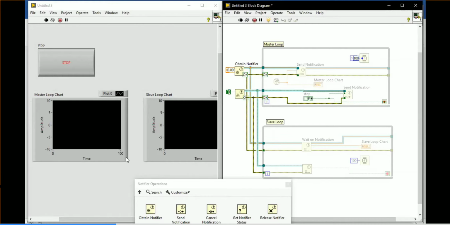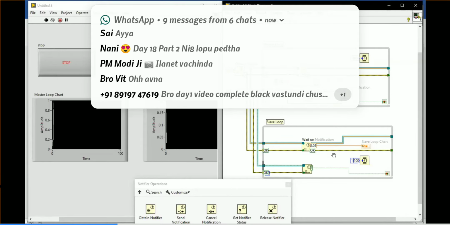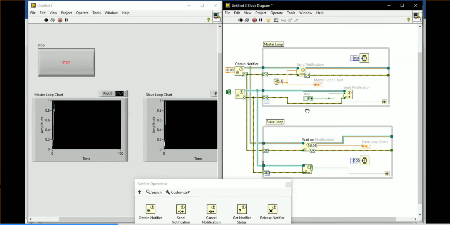Why I'm using highlight execution is to show how the execution is happening over there. So 0.19 will be produced over there. So here you will get a 0.19. That value will be received by the slave loop also. The same value will be received by the wait on notification function, and next value 0.03 is coming there. So the value is received. Same way you have to look at the boolean value also. Initially I'm giving the false value. That's why it's taking the false value and sending the false value to the slave loop to the wait on notification function. It's acquiring the false value in the slave loop.